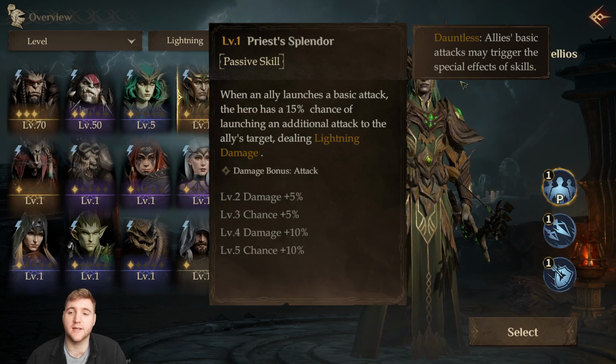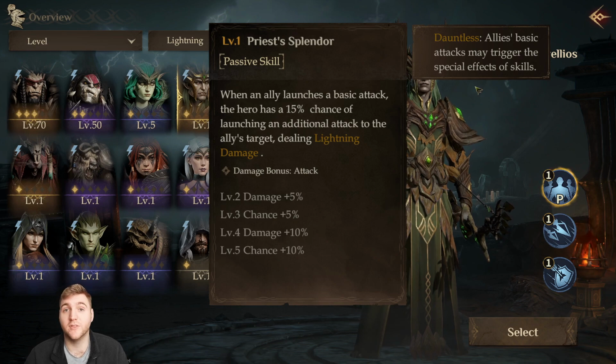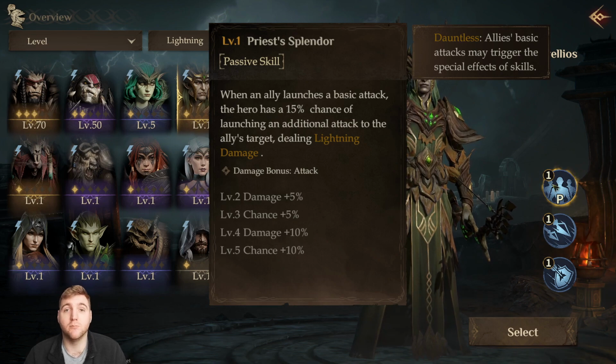Allies' basic attacks may trigger the special effects of skills. So basically what this means is that some heroes of the lightning element will have skills which will have bonus effects that will have a chance to trigger on basic attacks. That means you're going to have a lot of multi-attacking heroes, a lot of heroes with high attack speed, and